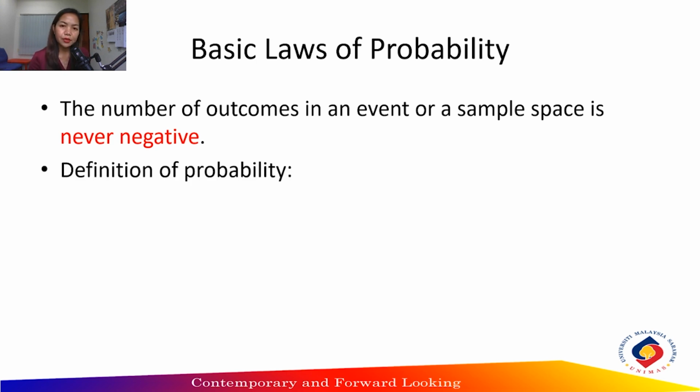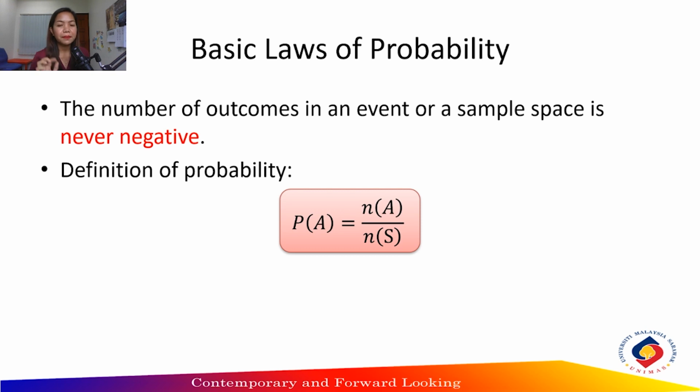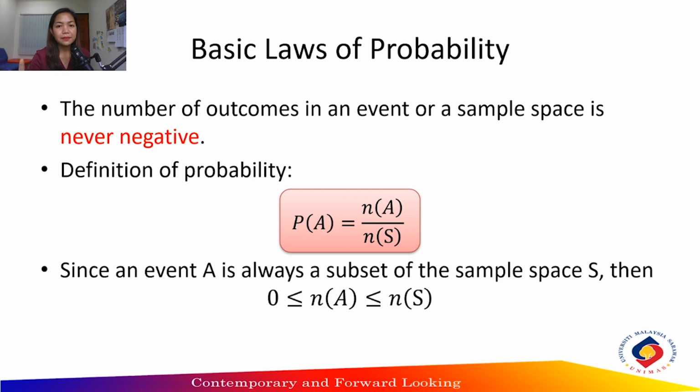So if we refer back to our previous slide, and from the definition of probability, we have this formula: P(A) is equal to N(A) over N(S). And here A is a subset of our sample space S. Hence, we know that the number of outcomes of our event A is less than or equal to the number of outcomes in our sample space. So we have this interval, which is 0 less than or equal to N(A), less than or equal to